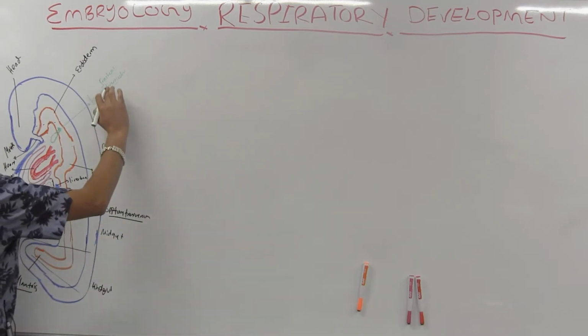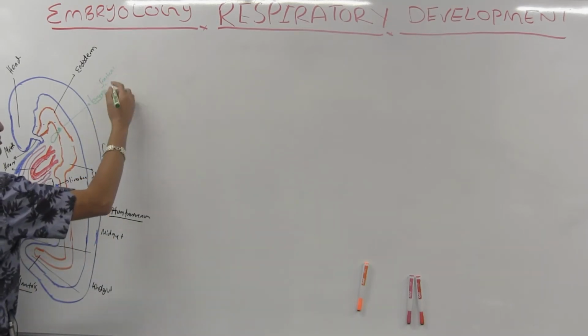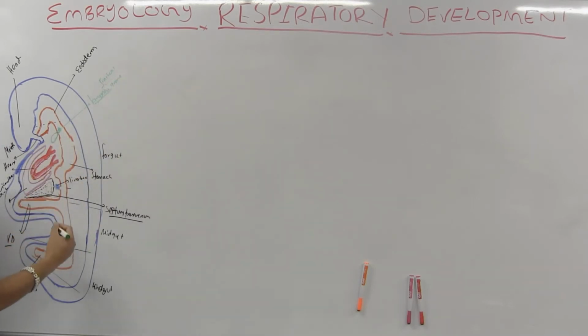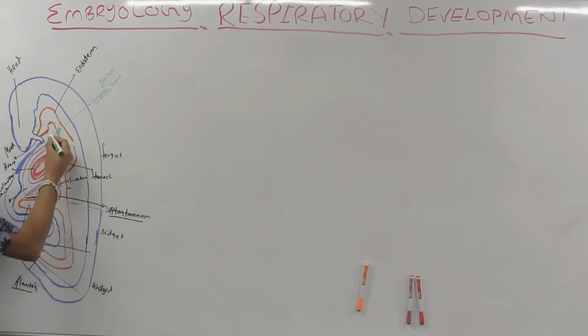So this will be the laryngotracheal groove. Let's just say laryngotracheal groove here. And this would be a laryngotracheal diverticulum. It's a pouch-like structure, a median outgrowth of this. So if I